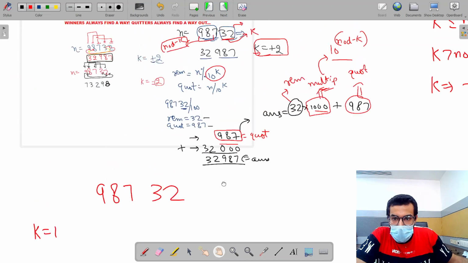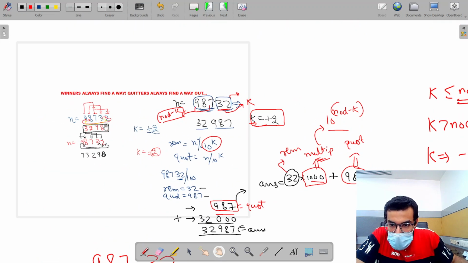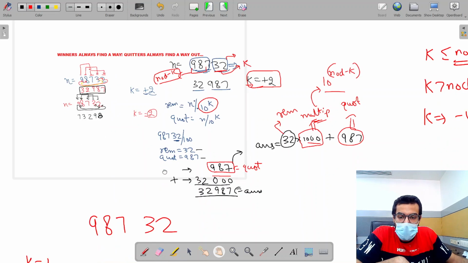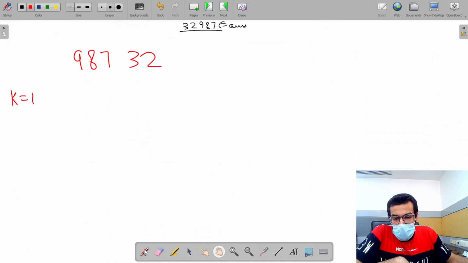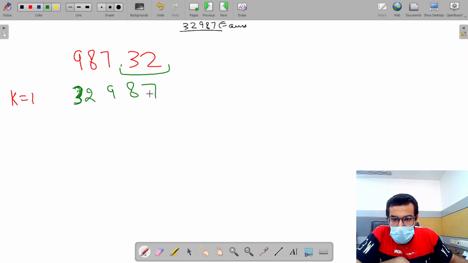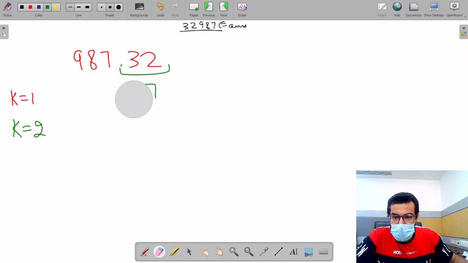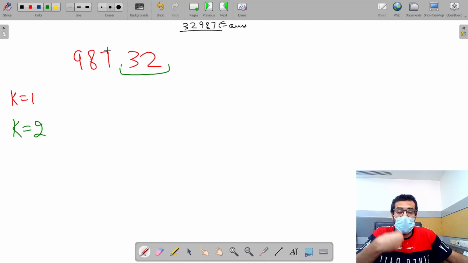As we have already seen, k is equal to 2 basically means that I have to pick up 2 digits from the end and paste them in the starting. So I will do the same thing here as well. From the last 2 digits, I will paste them in the starting, and then the remaining digits will be written as they are. Over here I have made a bit of a mistake. This was for k is equal to 1. So I had to write for the value of k is equal to 1.